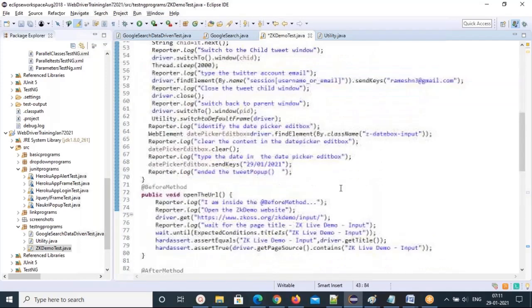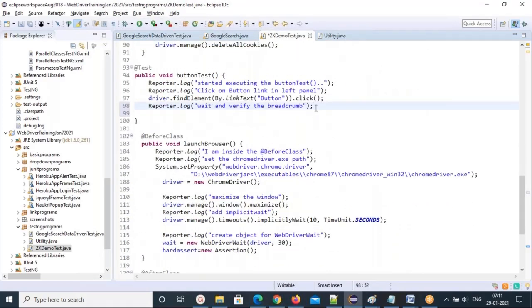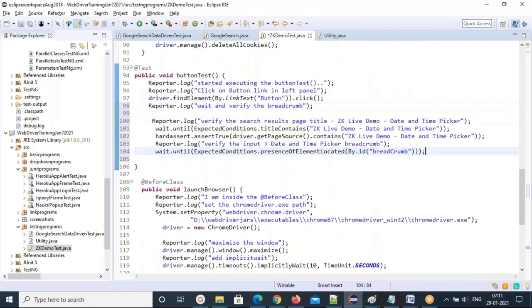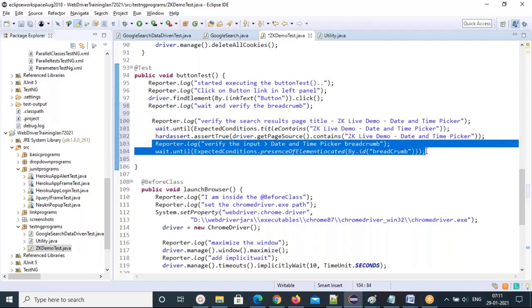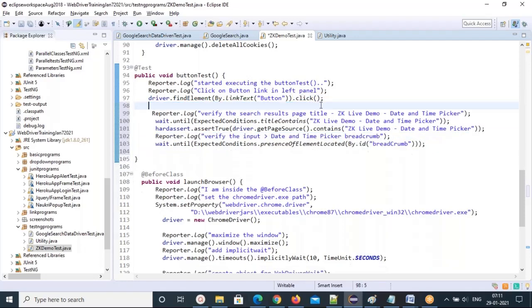Repeated code we can just reuse, right? So this is the one. Maybe I'll remove this. I think it will be the same breadcrumb, ID breadcrumb. So I'll just put input greater than button.